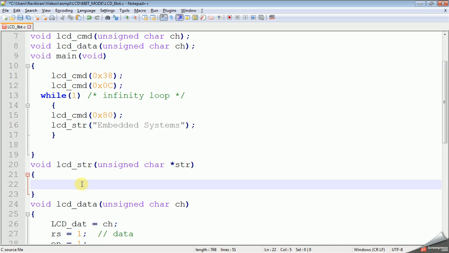Here we need a for loop to repeat and send data character by character. So I'm taking a for loop, and before that we need one variable for looping.